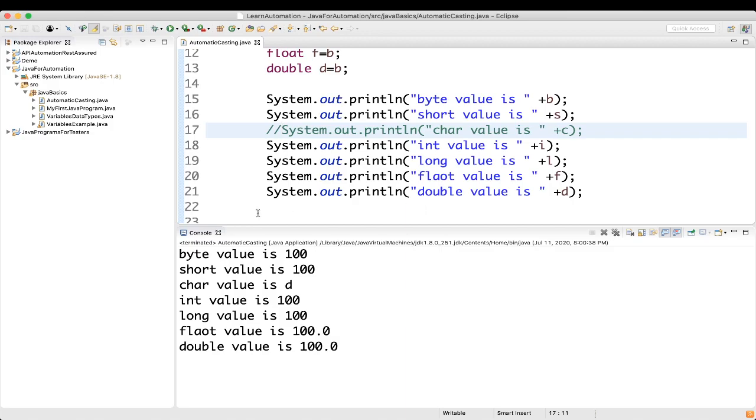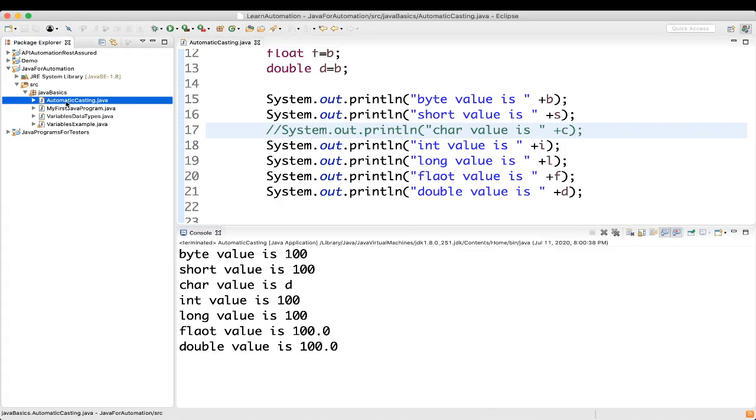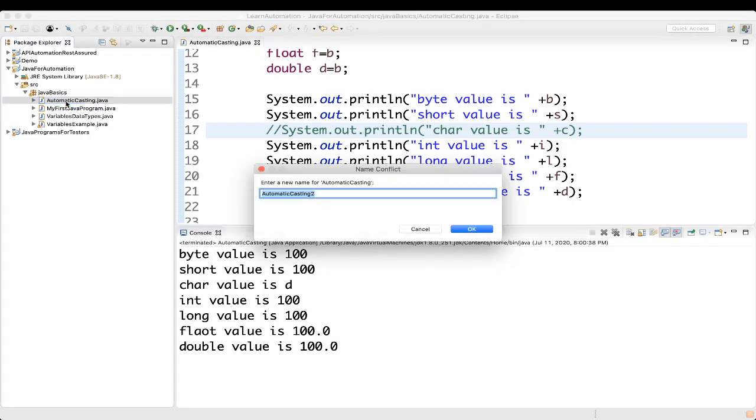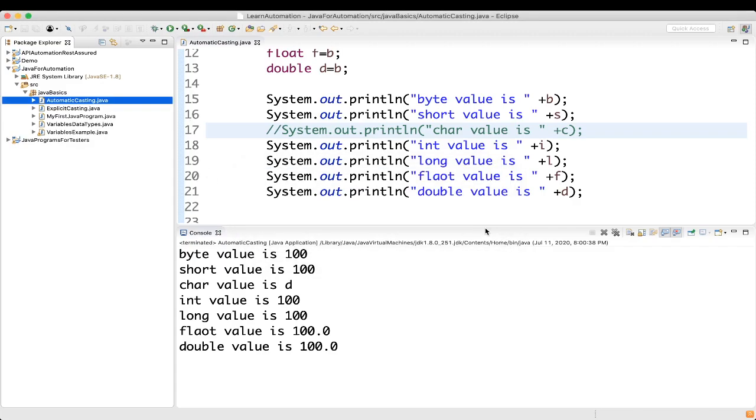Let's go to our Eclipse and create a similar class like the earlier automatic casting. I'll just copy and paste, and I will name it explicit casting, or manual casting, you can say. Okay, I have just copied.